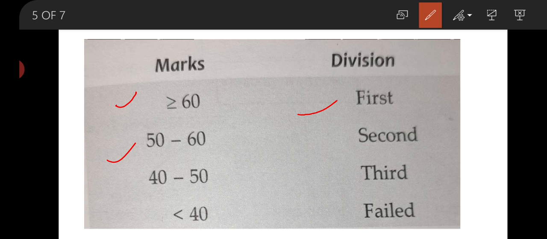If the marks are 50 to 60, the grade is second. If between 40 to 50, the grade is third. And if less than 40, then he is fail. For this rule, we are going to make a decision tree.